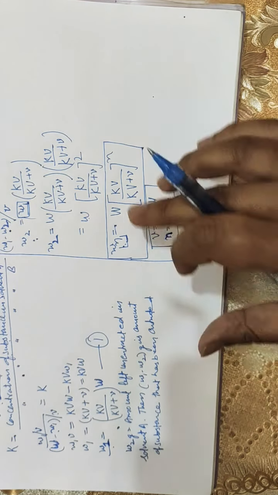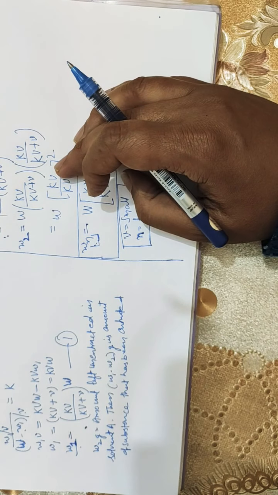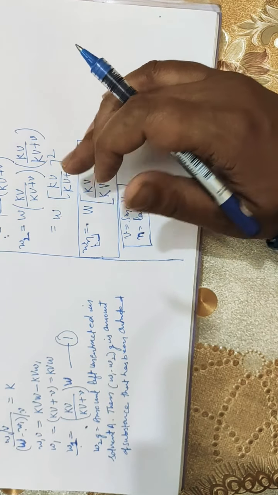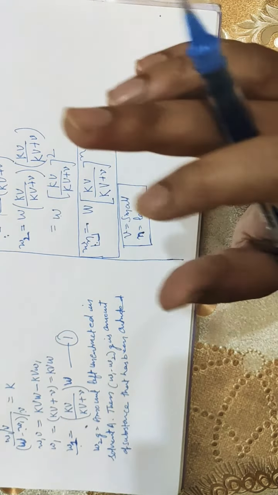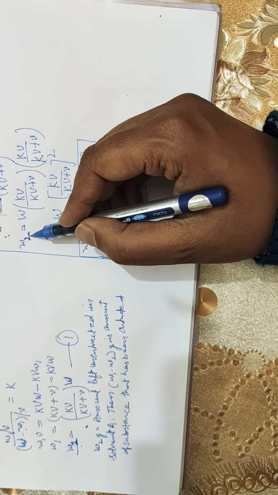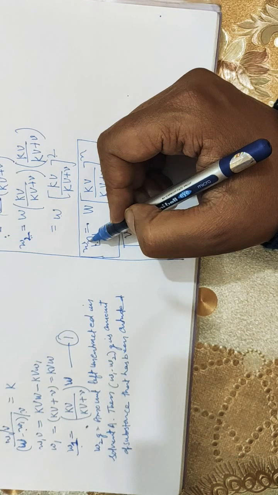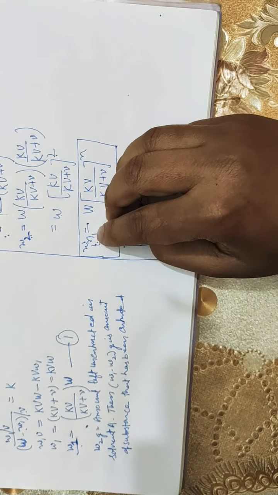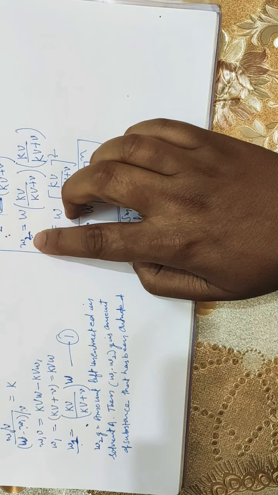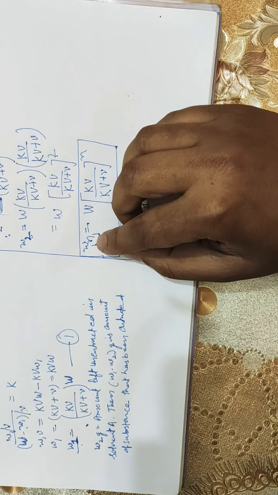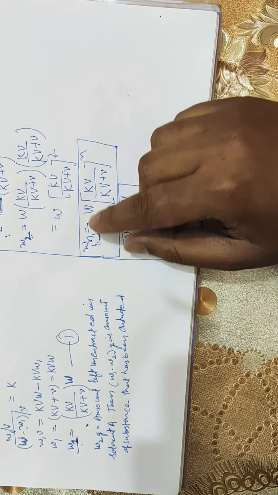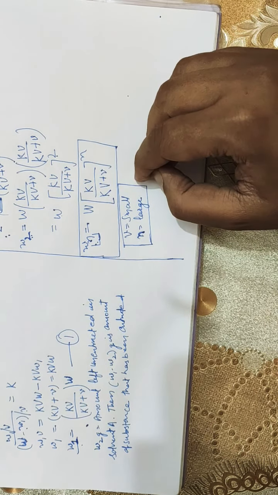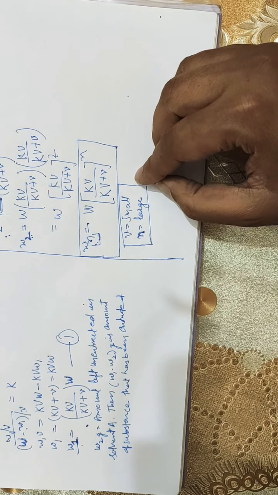So further we interpreted this equation as I told you earlier. Let me repeat again that to make the extraction process more efficient, we replace this letter 2 with n, because for the number of steps, suppose we are taking 10 steps, then the last step will be the 10th step, W10. So we write here that Wn is equal to W into kV over kV plus v raised to power n.